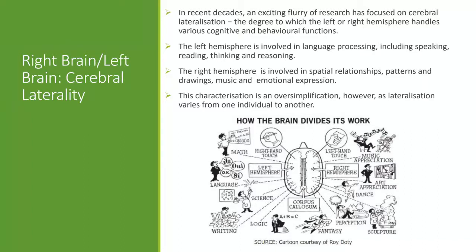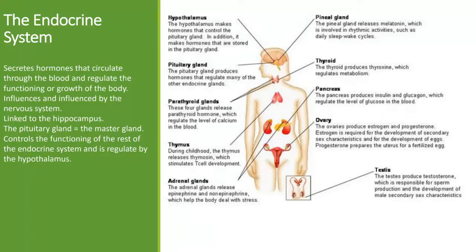So you often hear people say that they have been tested and they're left-brained or right-brained, but basically that's quite a simple situation. Generally, people are not one side or the other. One side might be slightly more dominant than the other, and it's also different between different individuals. So you're not ever going to be completely left-brained or completely right-brained. You might be slightly more dominant in one side of the brain, but again, everybody is different. So that section is in your textbook and you can have a look at it.